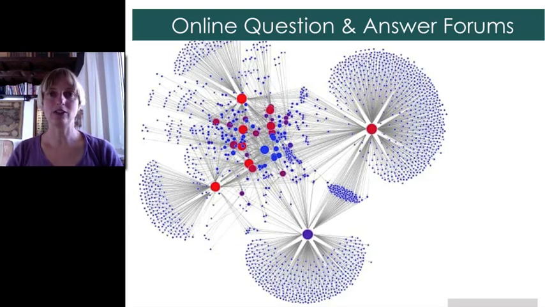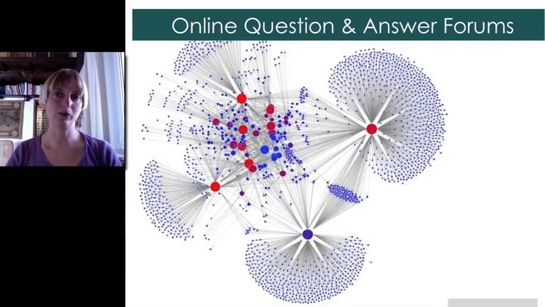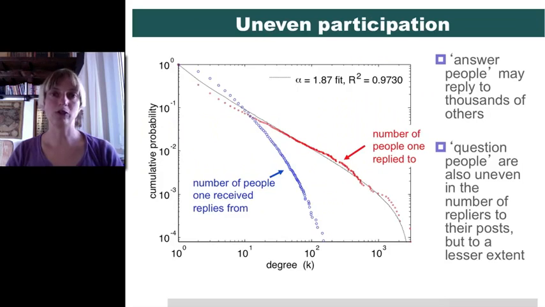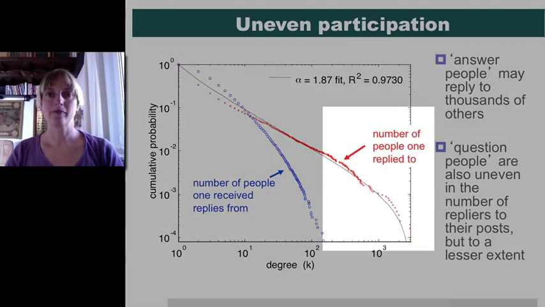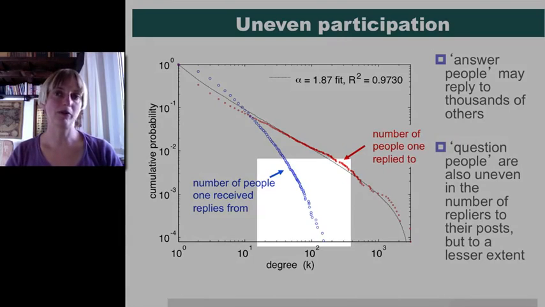Here I've also colored the nodes by whether they have an edge to another person because they replied to their question or because they posted a question and received the reply. So the repliers are colored in red and the askers are colored in blue. We can look at the degree distribution and see that it's highly skewed. It's more skewed in the case of the repliers because you see that some repliers have replied to upwards of 1,000 other users, but it's rare for an individual to have received replies from more than a couple of dozen